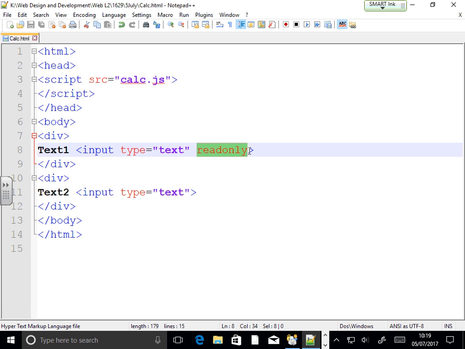Now every text box has got two properties, name and ID, right? Preferably please use ID, is that okay? But whenever you create a form by using any graphical tool, it will actually write down both the properties, name and ID. But you have to make sure that if the name and ID are there, they should be identical.